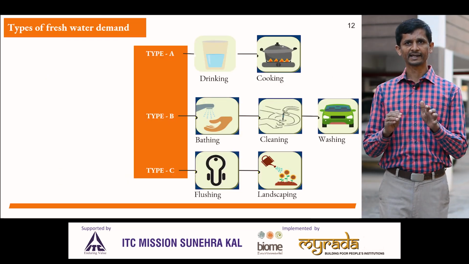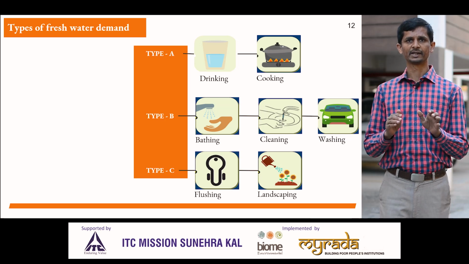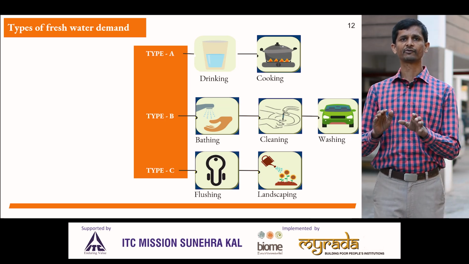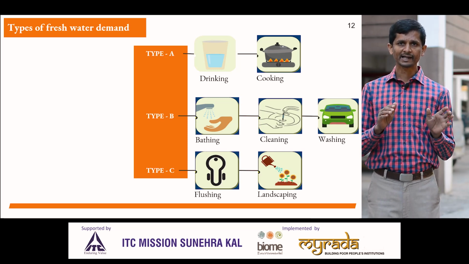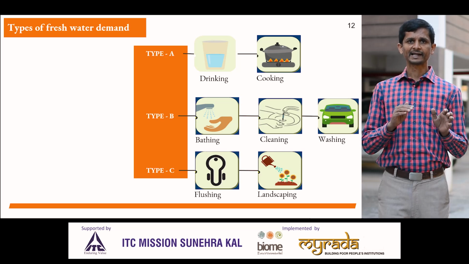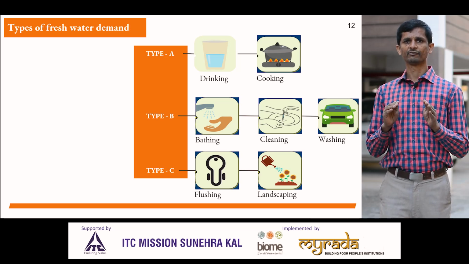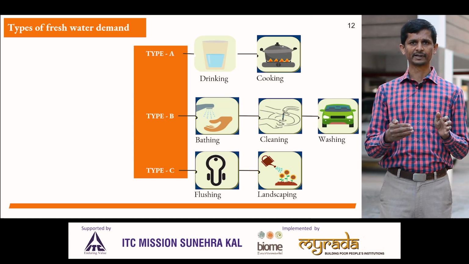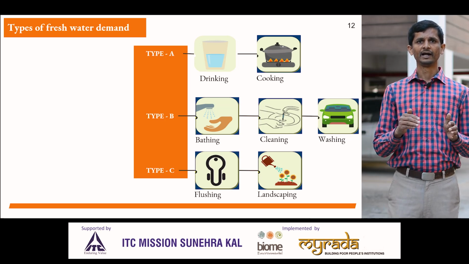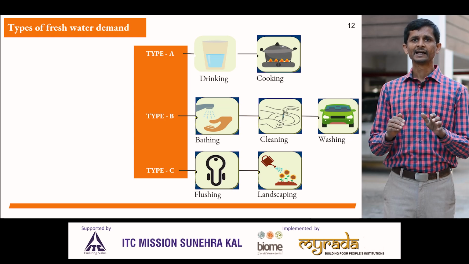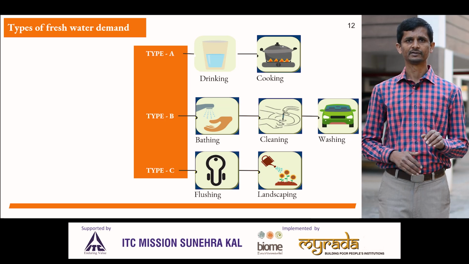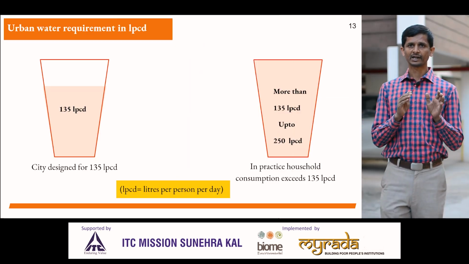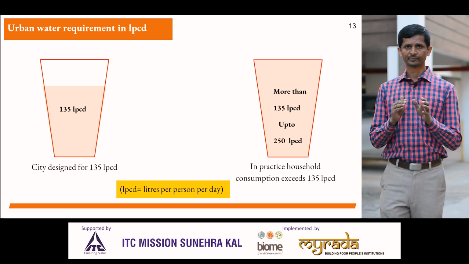It is useful to categorize water demand into different types since different purposes require different quality of water. The cleanest water required for drinking and cooking can be categorized as the first category. The second category of water for bathing, washing and cleaning need not be super clean. The third category of water required for flushing and landscaping can be utilized from the treated wastewater without wasting the fresh water. Considering that per person water demand is 135 LPCD, water demand for a family of 4 persons is